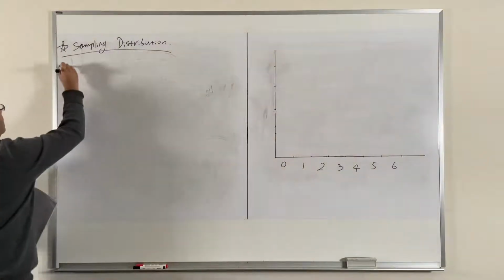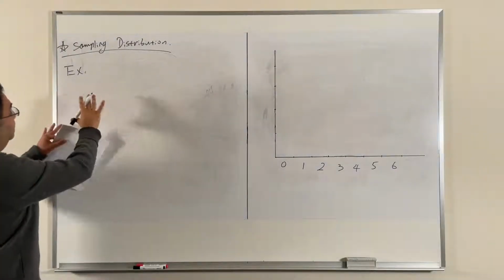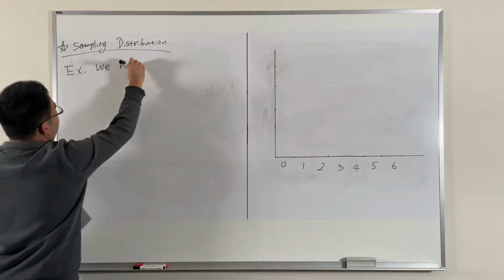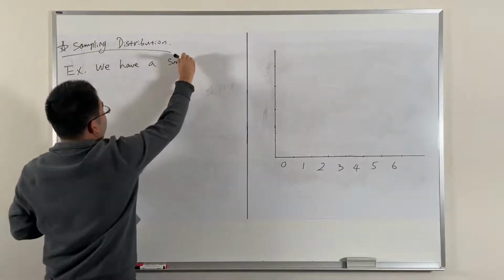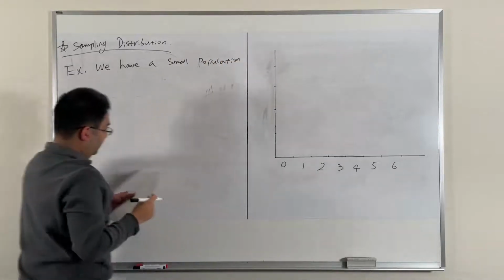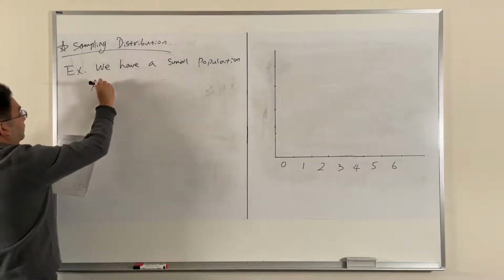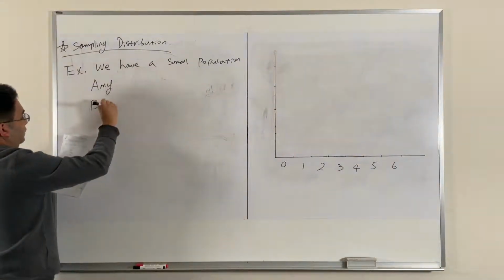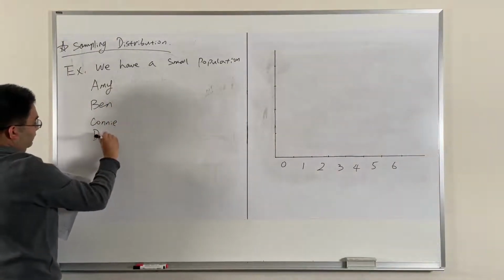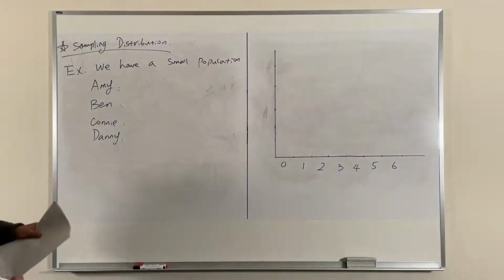In this example, we imagine we have a really small population. This is not an example, but this is a population that we have. Okay, very small, but it is a population. It consists of 4 people: Amy, Ben, Connie, and then Danny. And in this case, the parameter of interest